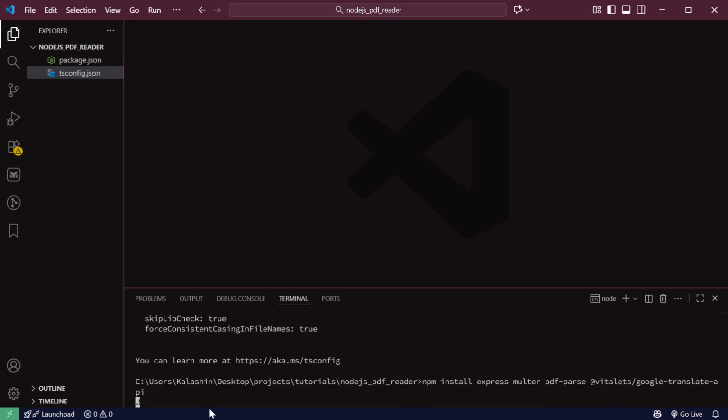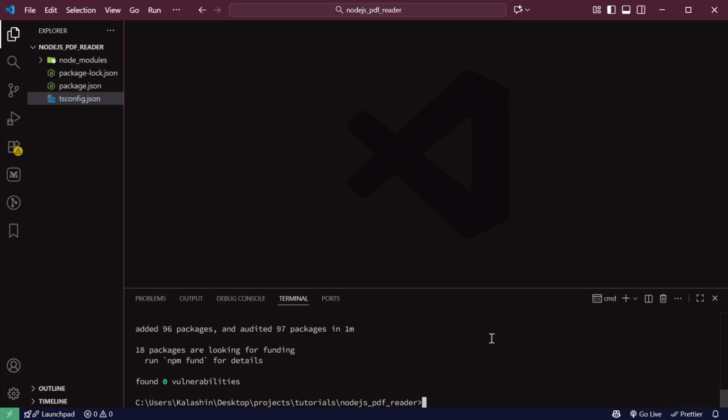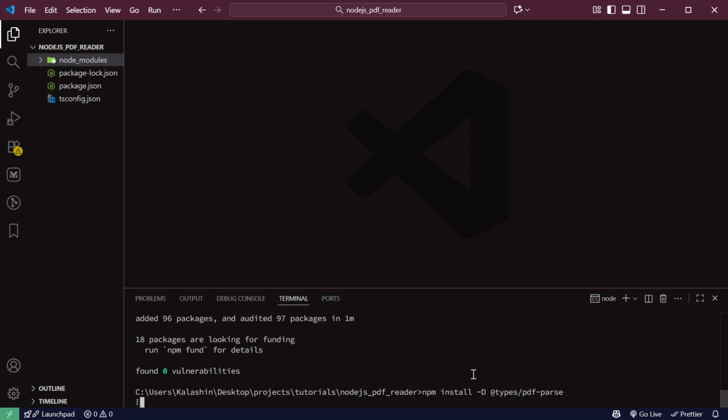I wanted us to use this Vitalets Google Translate API for text translation because we will have to translate the text extracted from the PDF file from German to English, but I will replace it with Google Translate. After that, I will install the type definitions for some libraries that we are going to be using,